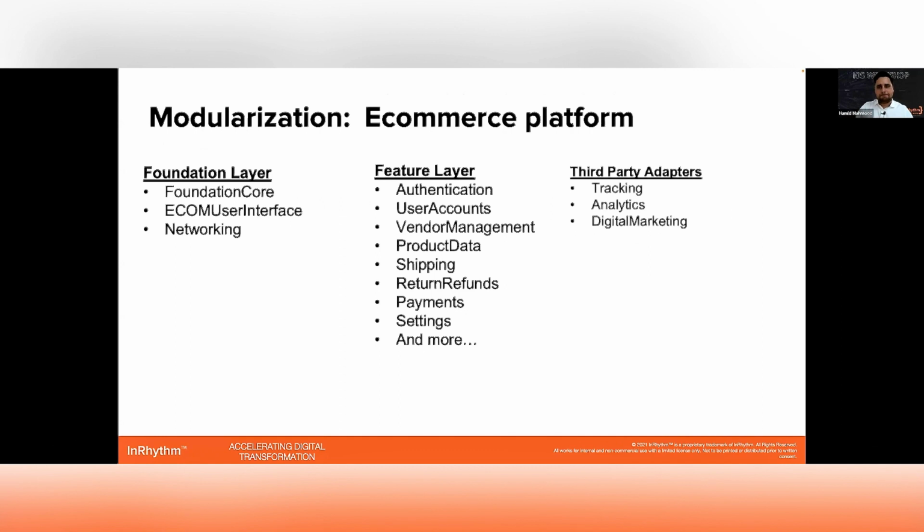Moving to a modularized architecture of an e-commerce platform. As I mentioned, this is simple, I would say. You have a foundational layer, where you have the foundation and core framework that contains all your core code base, from your date converters to your integer-to-string converters, any kind of typecasters, all that kind of